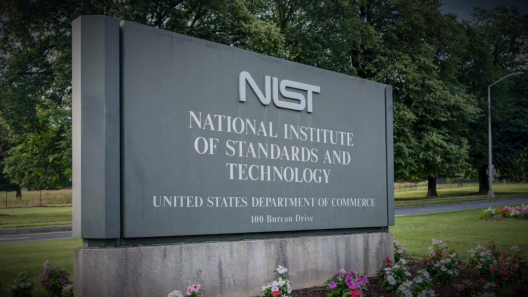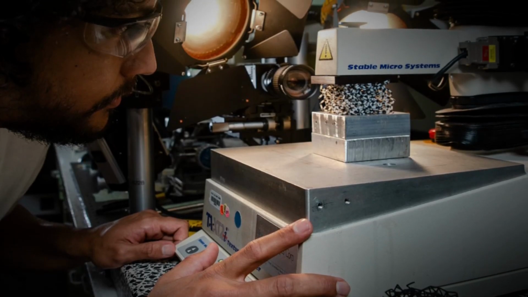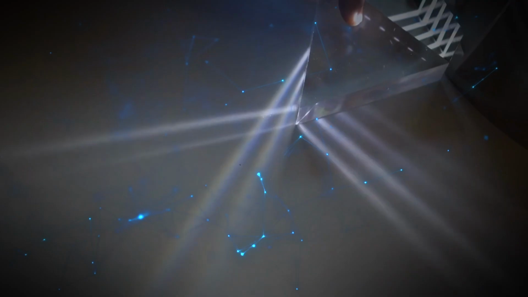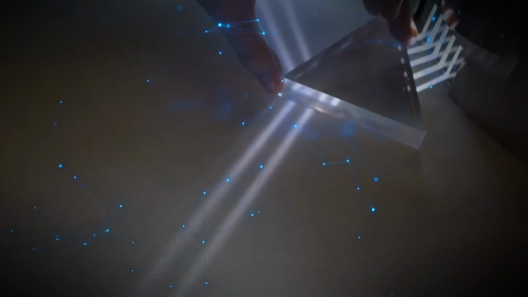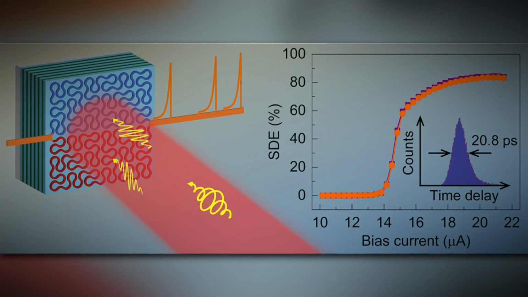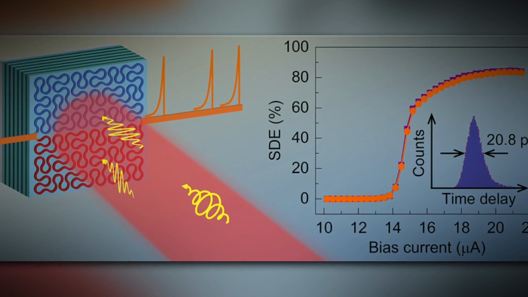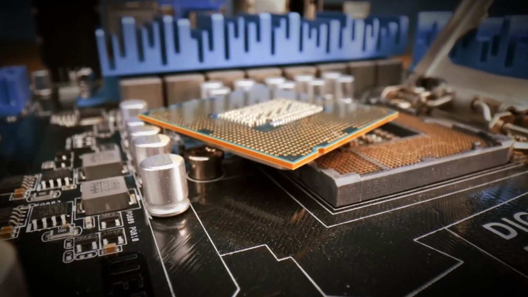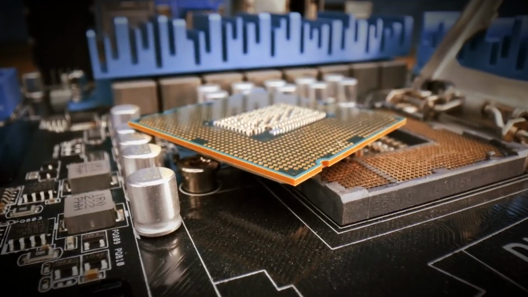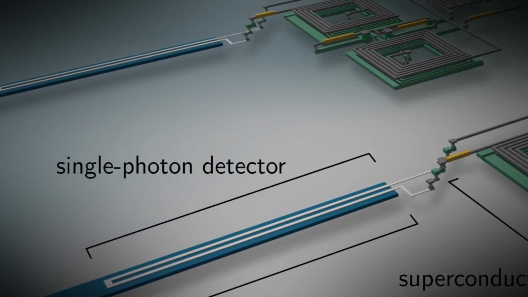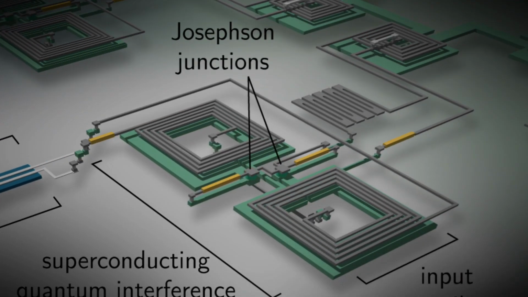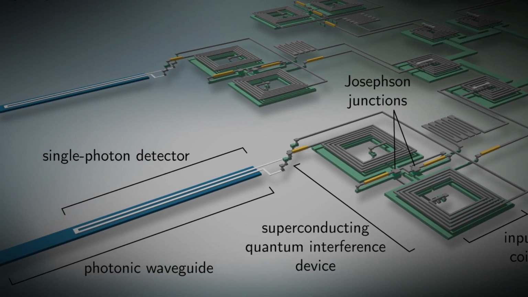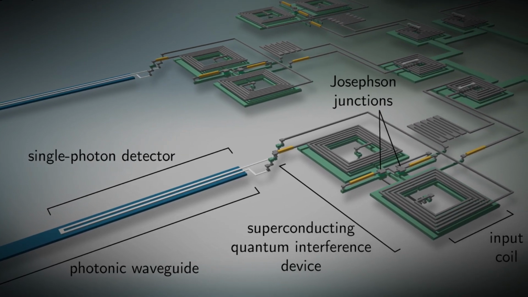Researchers at the National Institute of Standards and Technology have addressed this limitation by employing a novel approach. This approach involves the integration of tiny light sources within each neuron, emitting optical signals across thousands of connections. By utilizing superconducting systems to detect photons, the smallest optical signals, these neural networks can outperform traditional chips. NIST circuit, functioning like a synapse in a biological system, uses single photons to send and receive signals. The Josephson junction, a superconducting element within the circuit, plays a crucial role by engineering voltage pulses or fluxons when